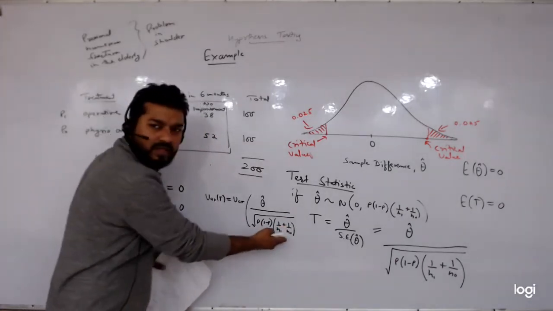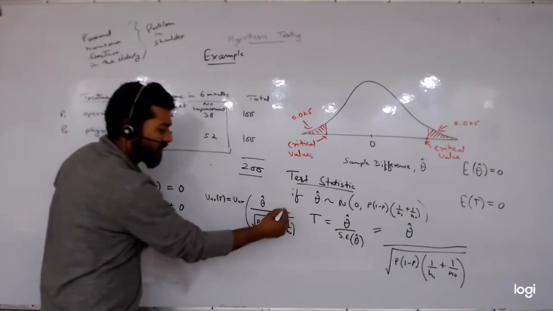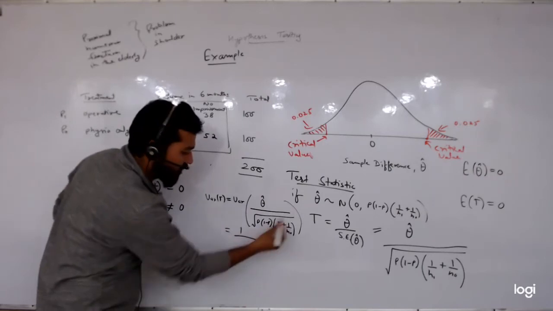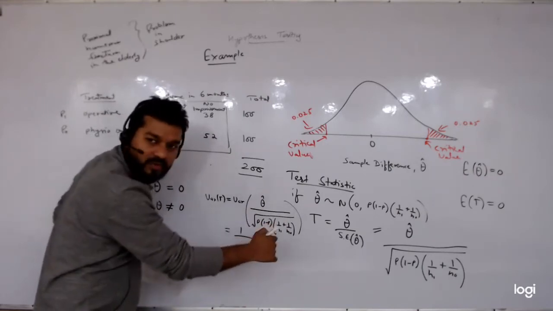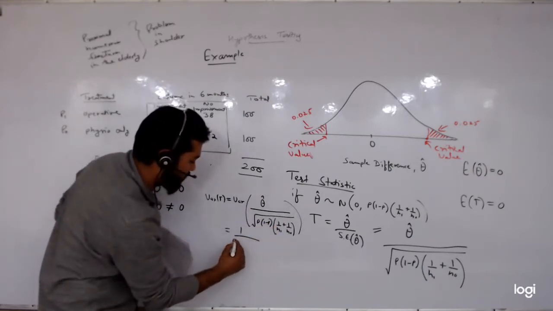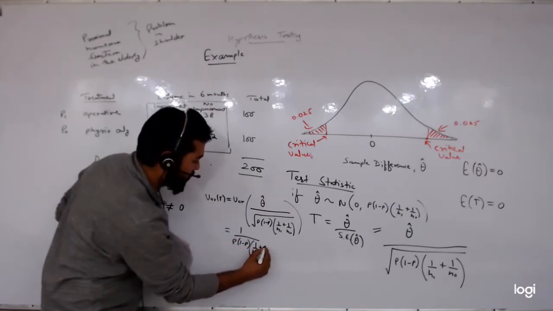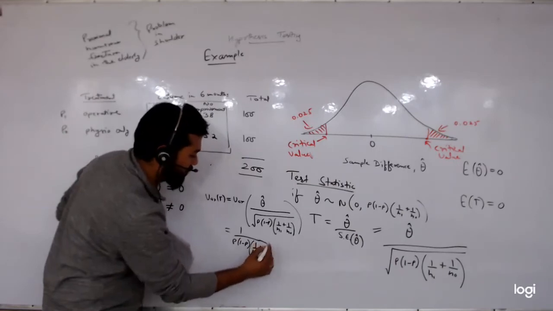This is just a constant. After you've calculated this, it becomes a constant. This is going to come out and it should be squared. So what we have is p(1 minus p)(1 by n1 plus 1 by n0),